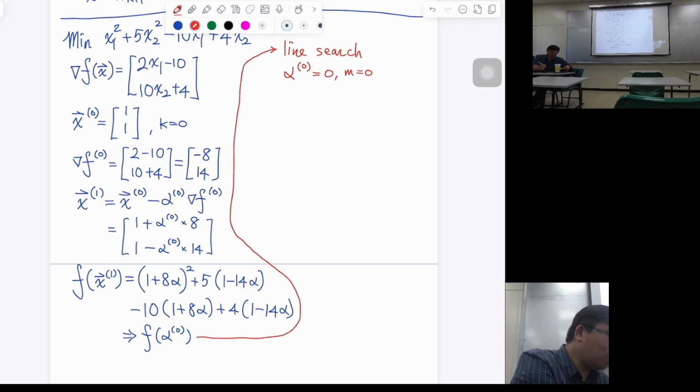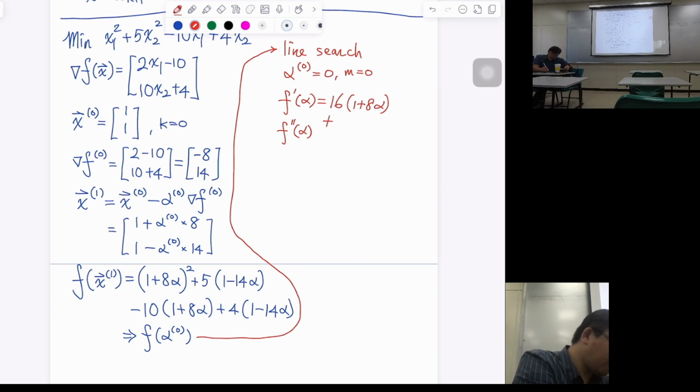So what I need is f prime and f double prime, right? So let me get the function first. What is f prime and f double prime? So I need to do some math here, or just do it like this. Maybe it's easier. So 2 times, actually not 2, 16 times 1 plus 8 alpha